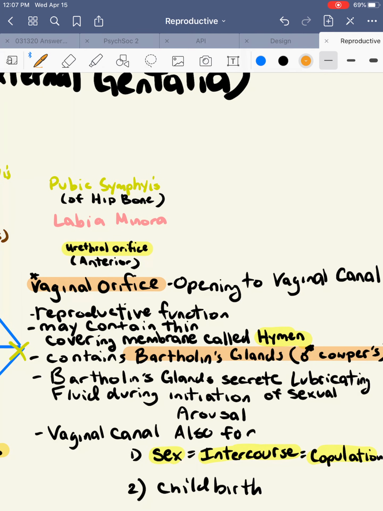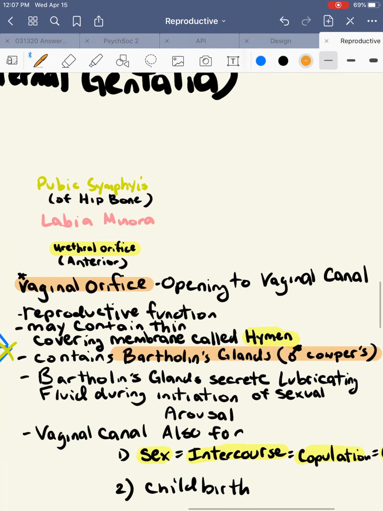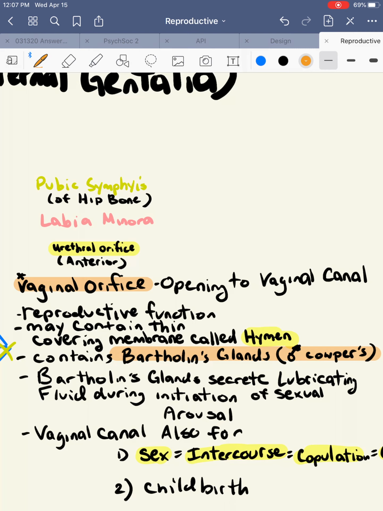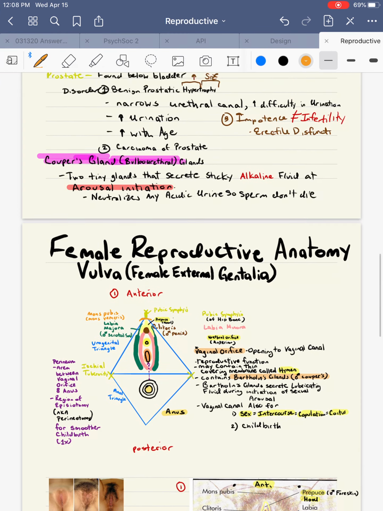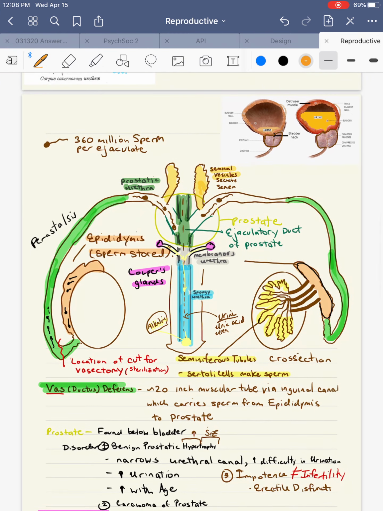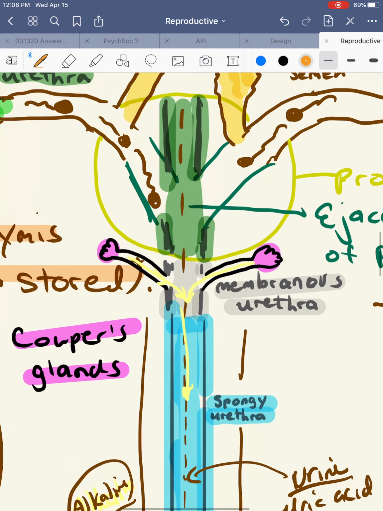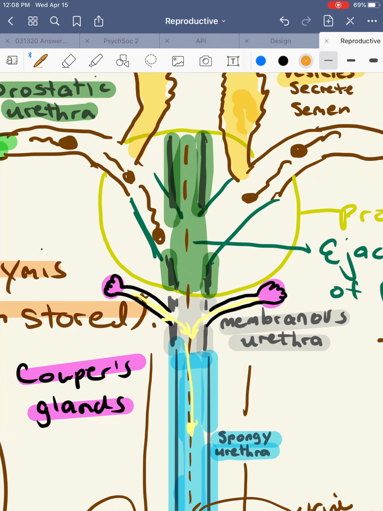Notice the Bartholin's glands are analogous to the male's Cowper's glands. The male's Cowper's glands are also called the bulbourethral gland. And remember, the bulbourethral gland's function was to release alkaline fluid into the membranous urethra. Just to refresh your mind, I'm going to go back to this diagram. Notice this is from our last lecture. Notice you have the Cowper's glands right here in purple, and they are secreting that alkaline fluid into the membranous